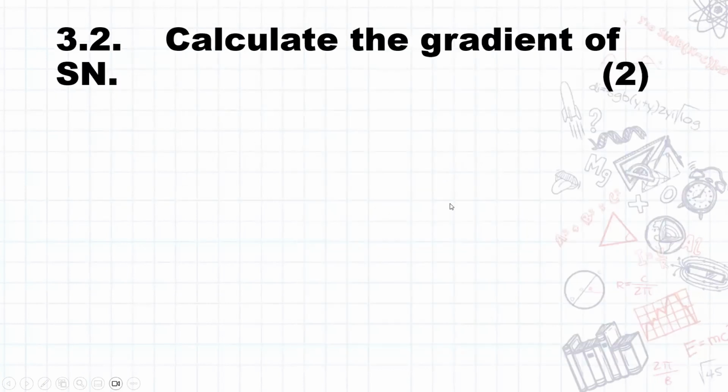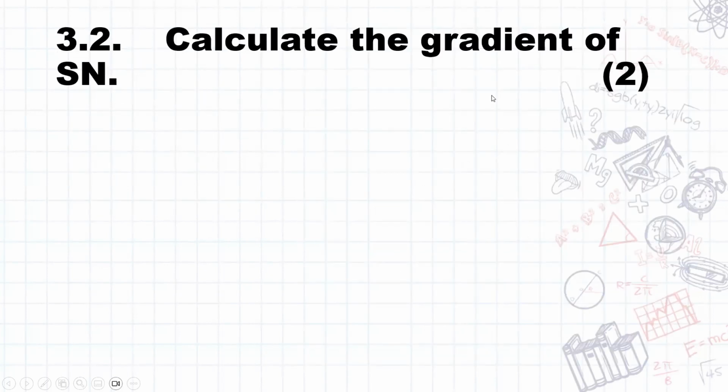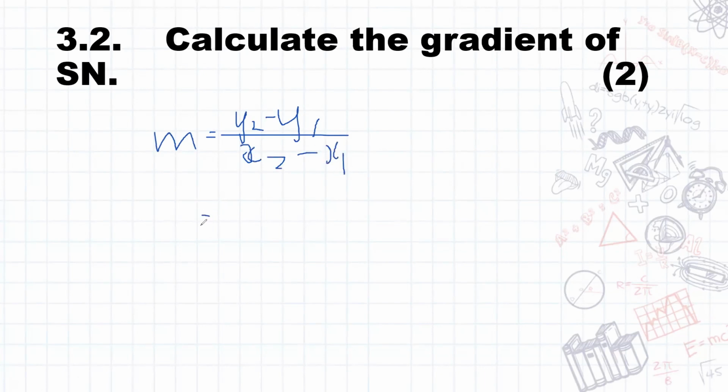Okay. So the next question says, calculate the gradient of SN. And if we go back and look, the gradient is this section here, and that's S (4; 5), and N is (-2; -3). So if we grab a pen, the gradient formula we know is the change in y, in other words, y2 minus y1, over the change in x, which is x2 minus x1. All right. So if we start with S first, we're going to have 5 over 4 minus N, which is,